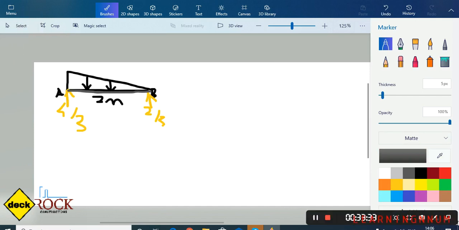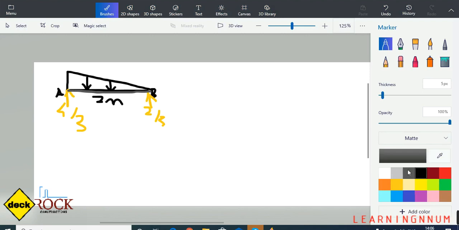Now there are only 2 points, so we have one region. So we need one section to know how the bending moment is varying in the region, right? So take a section. Now it is up to you. If you take this section from A at a distance of x, you would get a trapezoid. So if you want to save time, you can consider a triangle. For that you have to consider a section at a distance x from B, right?